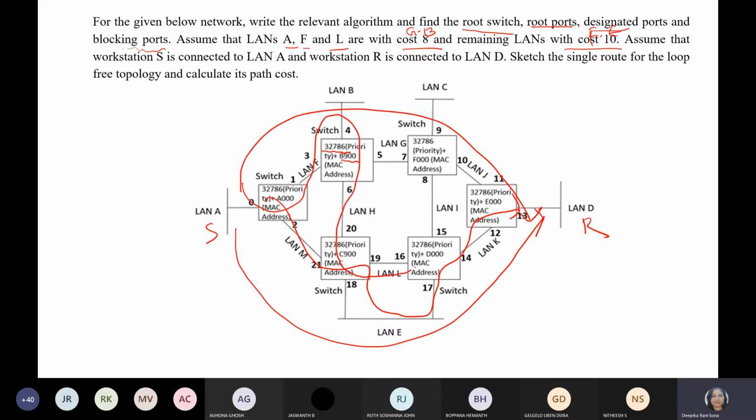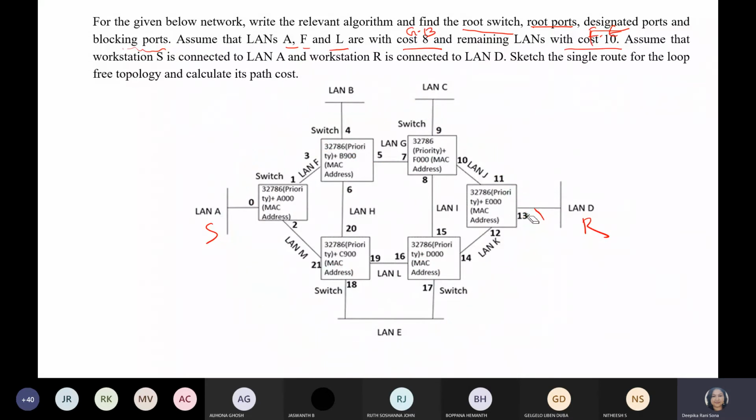You have to remember this thing. It should not go for any looping kind of thing. It should follow only a single path like we have seen in the spanning tree. Spanning tree, another name for this is loop free algorithm. That also you have to remember. Now in the question you may see how to find out the bridge ID, that is the question mark. The identification of the first one, the numbers, these are available in hexadecimal.